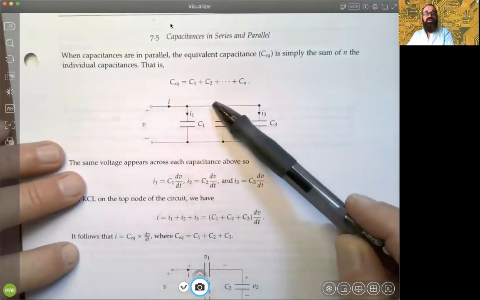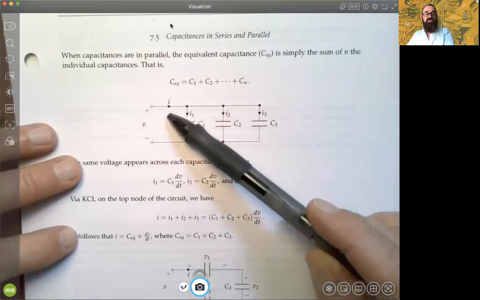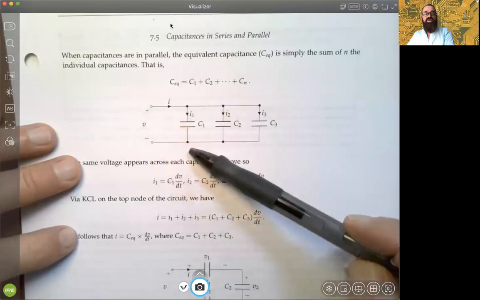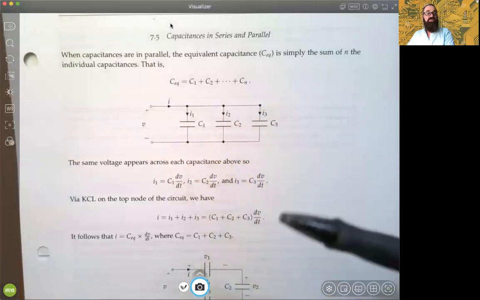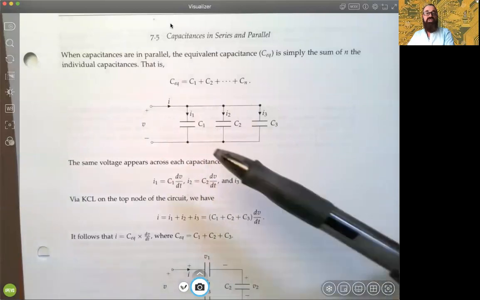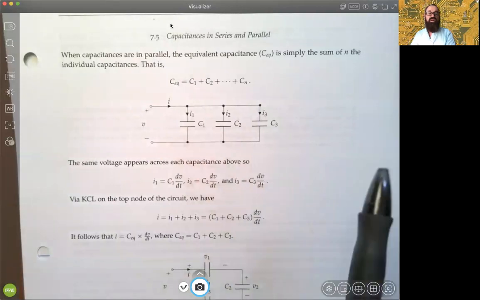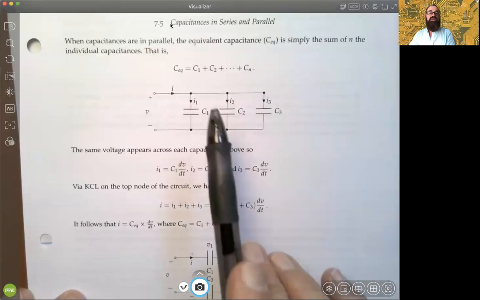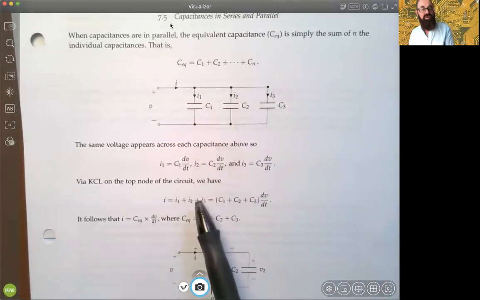aligned in the topology of the network in parallel, and we have separate currents flowing, this original current generated is flowing and split across 3 of them, it turns out the equivalent capacitance is simply the sum of them. All right, the same voltage appears across every single one of those capacitances. Okay, all right. So we'll look at this derivation of this equivalent by simply noting this, that, all right, so